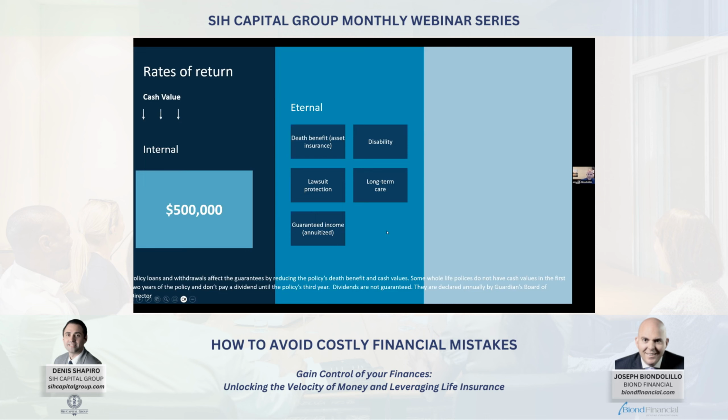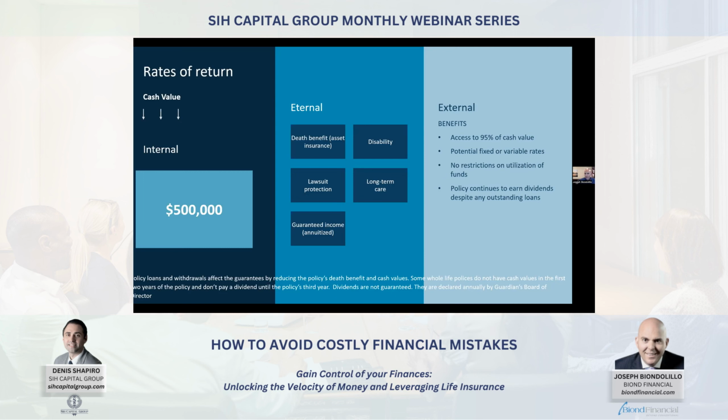Now, as many advantages as we discussed, those are really only two of the main advantages of a life insurance policy. One of the huge benefits of a life insurance policy is there's an additional benefit that we refer to as an external rate of return inside the insurance policy. So let me clarify what that means. Externally, we can use the money that's inside of the cash value as it accumulates and do something different with it. However, it's not going to affect the internal return of the policy, and it may not affect the eternal benefits of the policy,